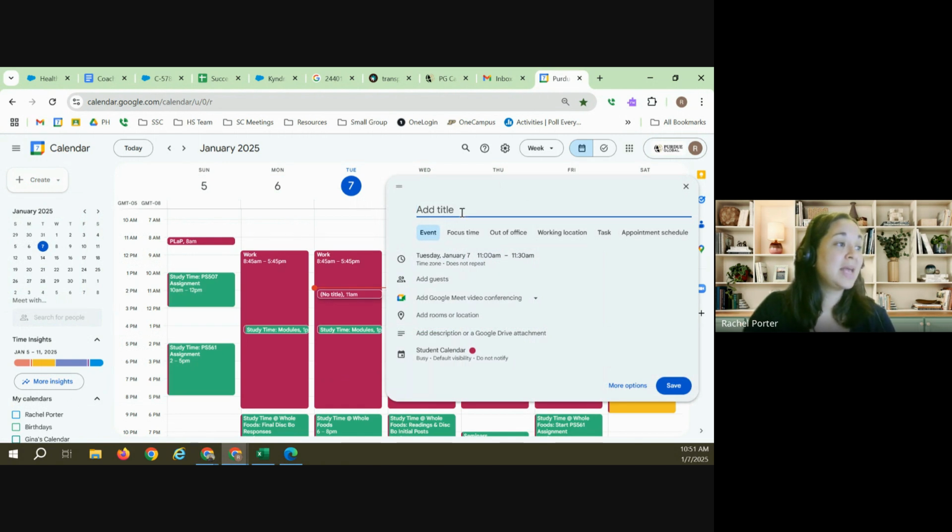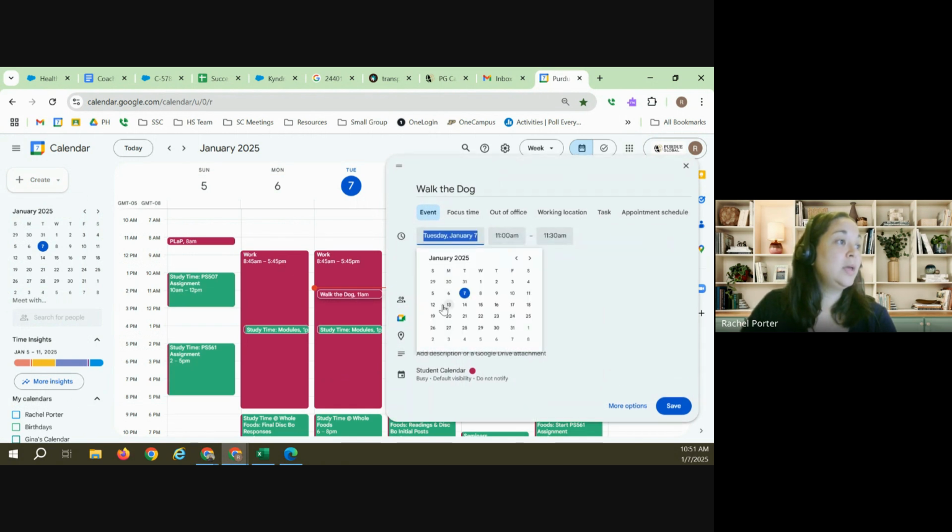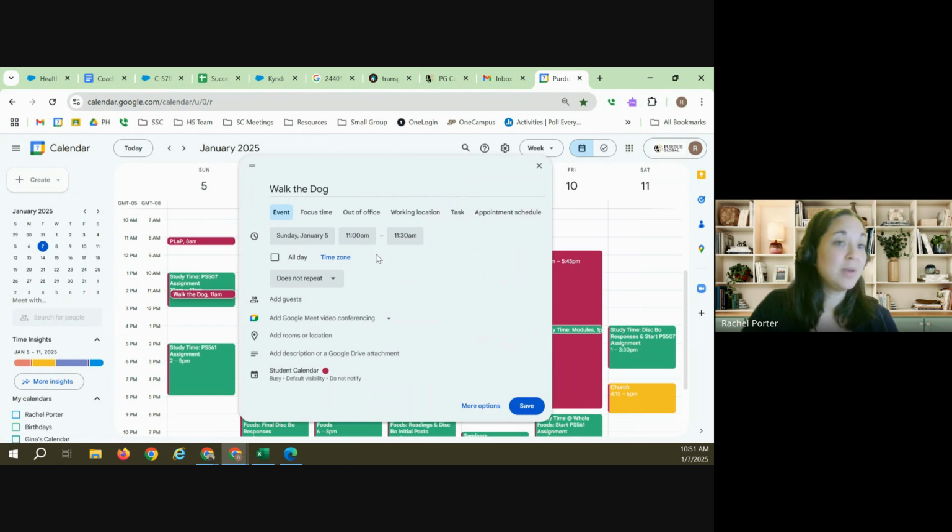Let's say for my calendar, something I need to add in is that I'm going to routinely walk my dog. So let's say walk the dog. And we want to make this a recurring thing because my dog has to get walked very often. We're going to start on Sunday and we'll do it in the morning, let's say 7:30. Sounds good. We'll walk the dog at 7:30 in the morning, and we have the option to repeat this,